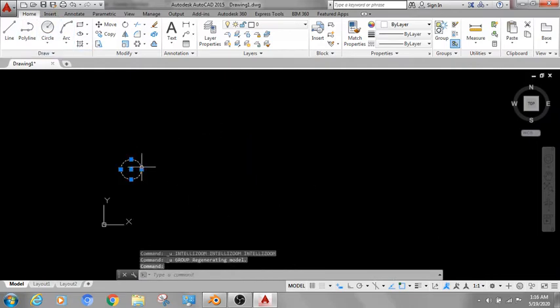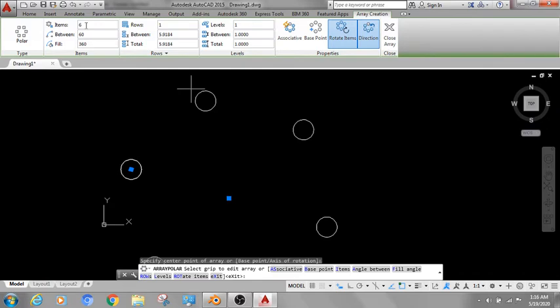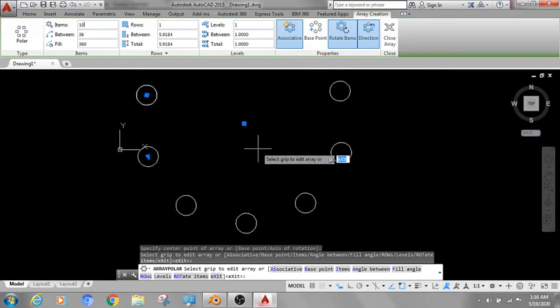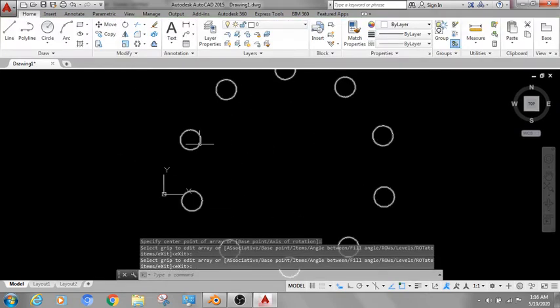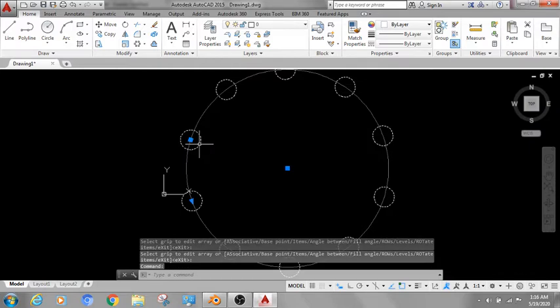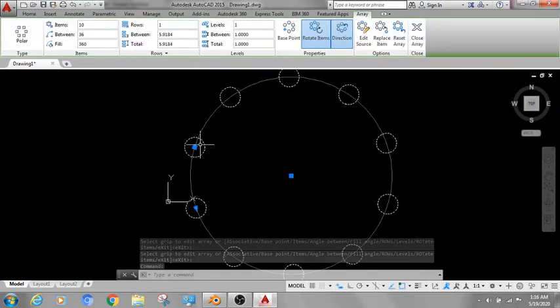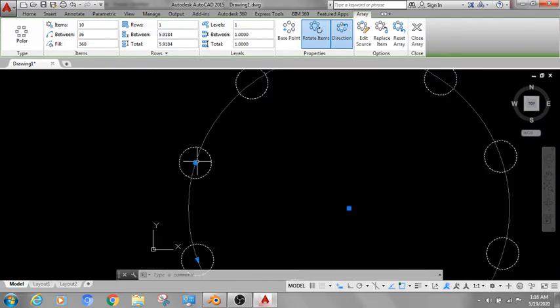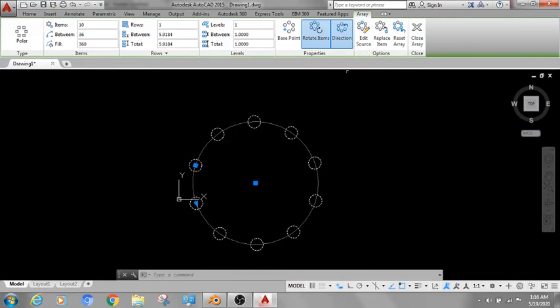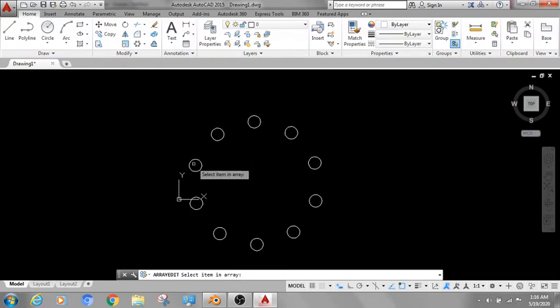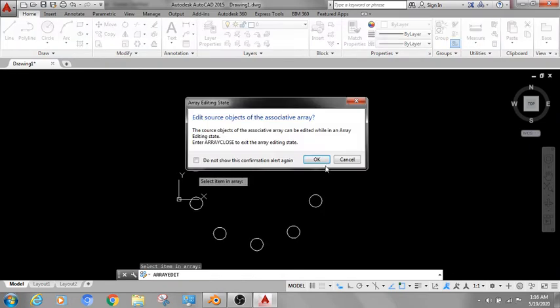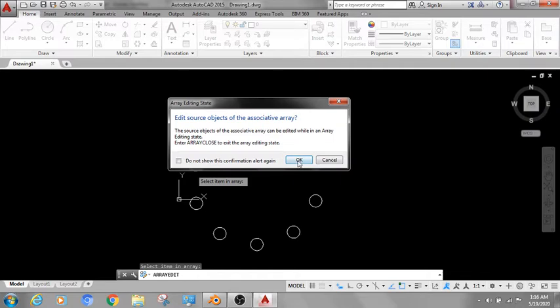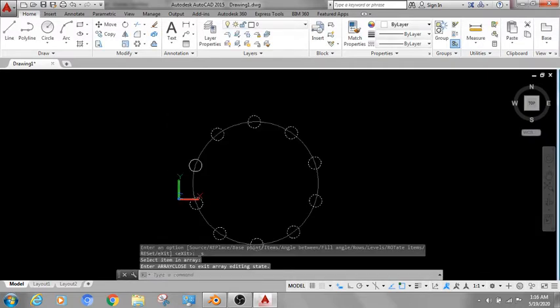Suppose I use polar array one more time. Select a center point, and here I am giving number of copies 10, and here I am selecting associative copies and enter. I want to edit this circle. Right now we are working in associative mode, so we can't edit a single one. If you edit this one, you can see the change everywhere. Select this and edit source. Select one circle. Here it is asking if you want to edit this object. I am just pressing OK,